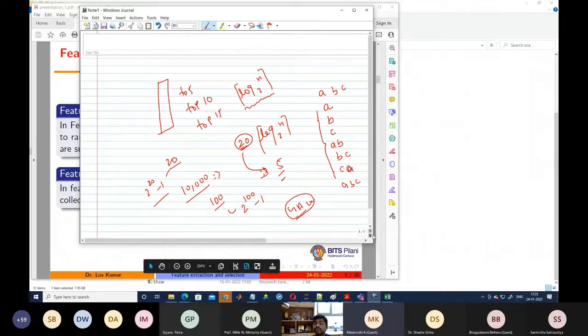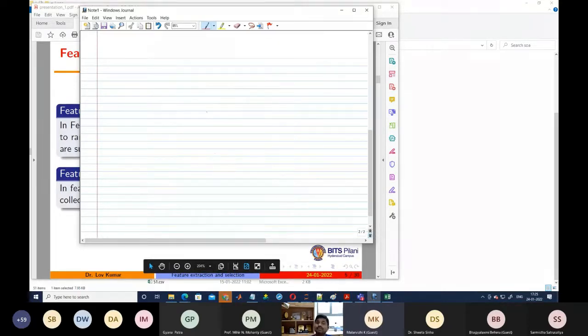Now, the third case is also important, that is called principal component analysis. That is also called a feature extraction technique. We find a new set of values that will give a better pattern compared to the previous data. So when you use PCA, you get a new set of values. In the previous cases we are not changing the values of the features, but in principal component analysis we change the values of the features to get a better pattern.